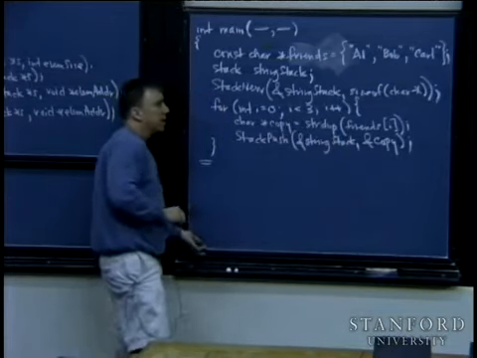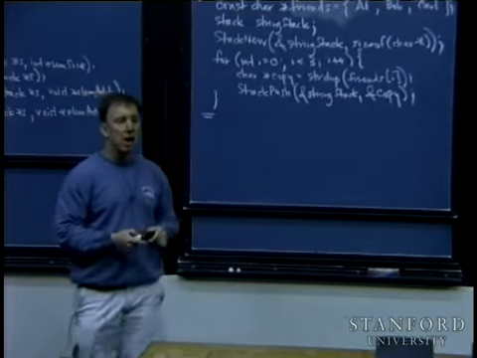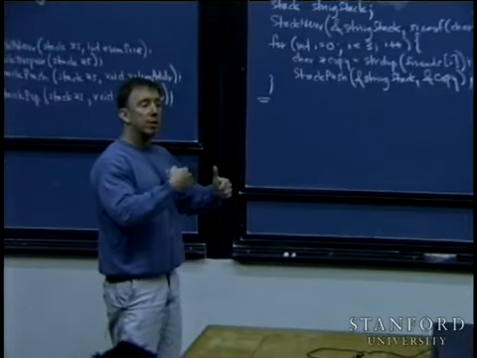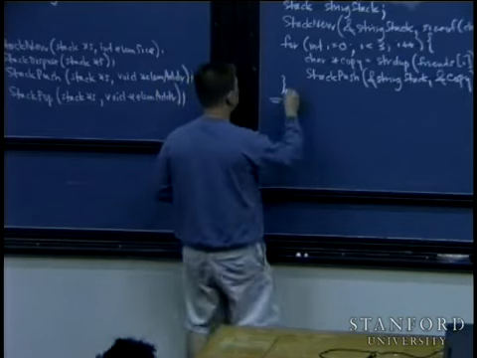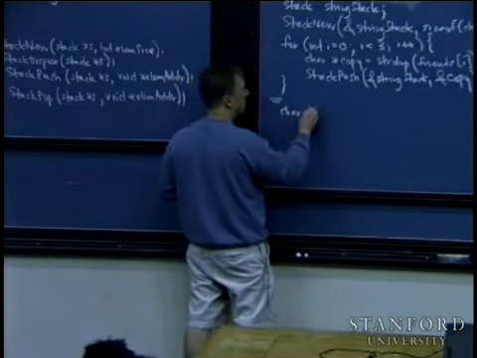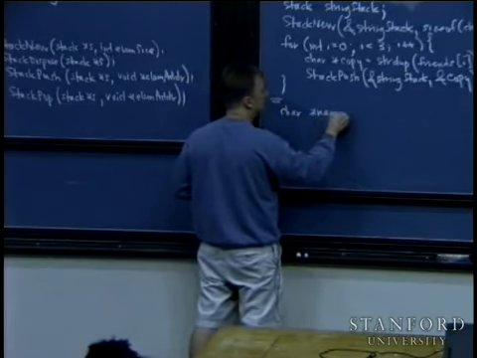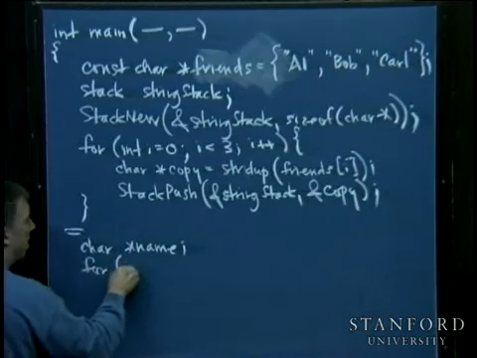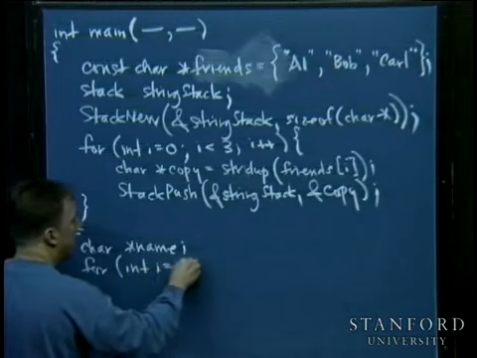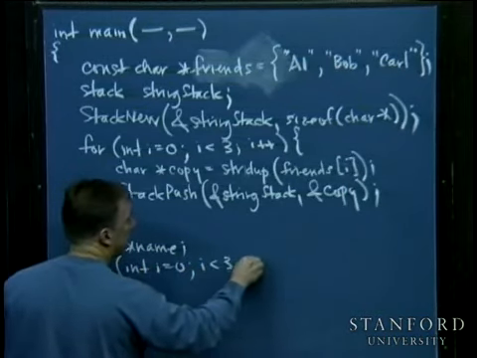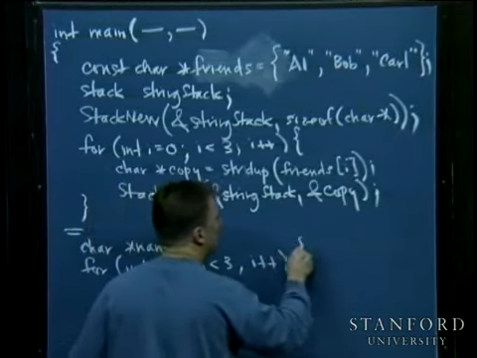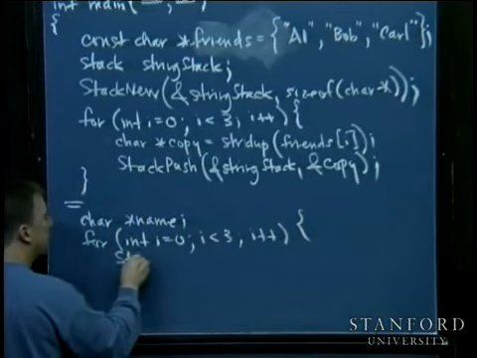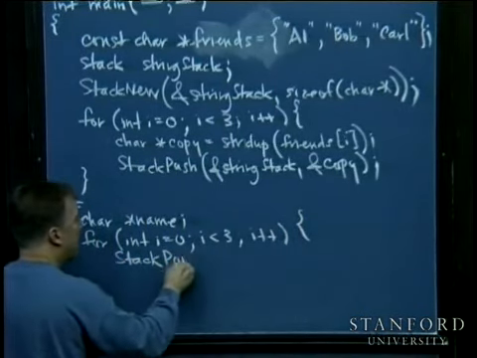What I want to do now is I want to go ahead and print these things out. I really want to ask for ownership back. So I'm going to do this char star name, and then for int i equal to 0, i less than 3, i plus plus. What I want to do is ask for the stack to pop off